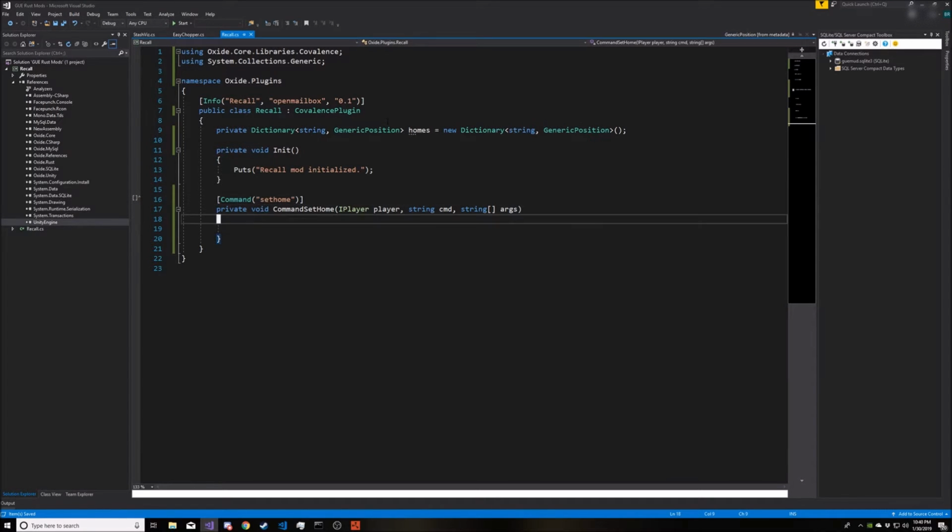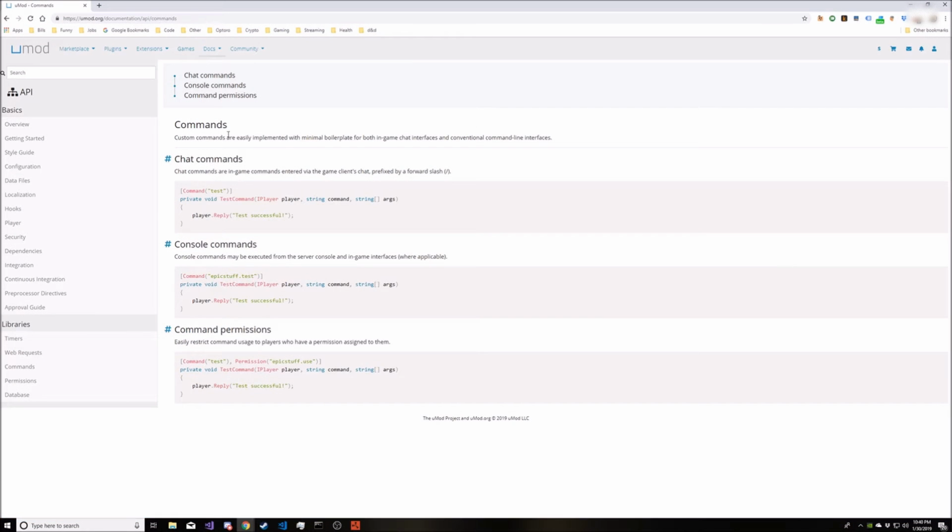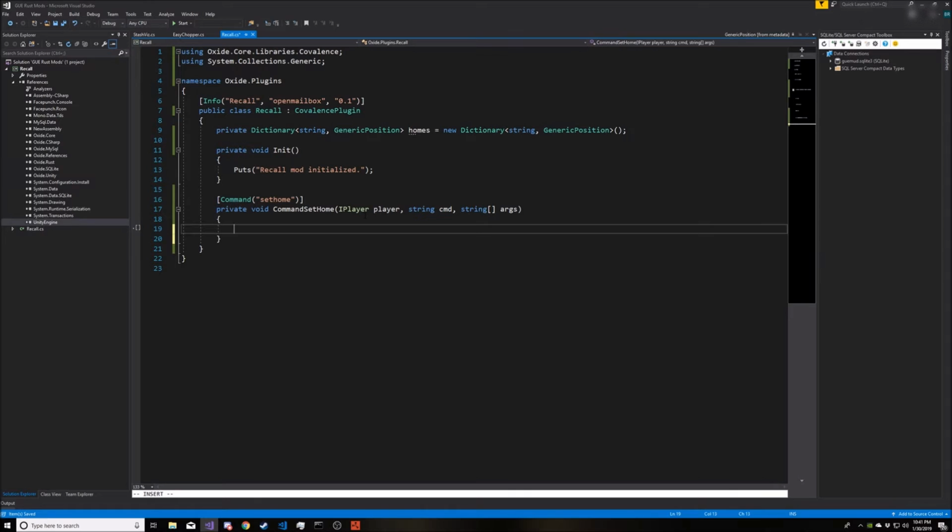So how do I know that I'll have access to these arguments? How do I know that the player, the command, and the arguments are getting passed into this function as parameters? So if you go to the Oxide documentation under the API, click on commands, you get a little stubbed out method here explaining exactly what you need to do to set up a basic command. So very simple. When the player types this command,